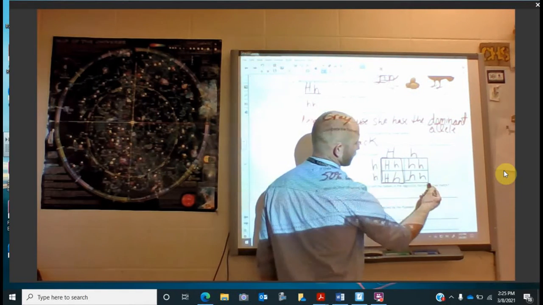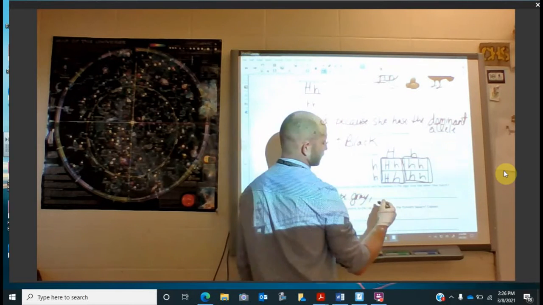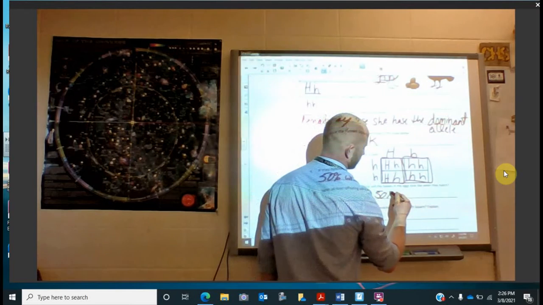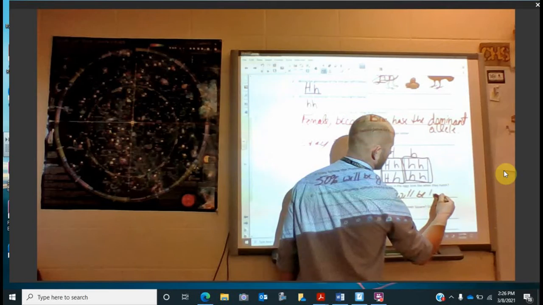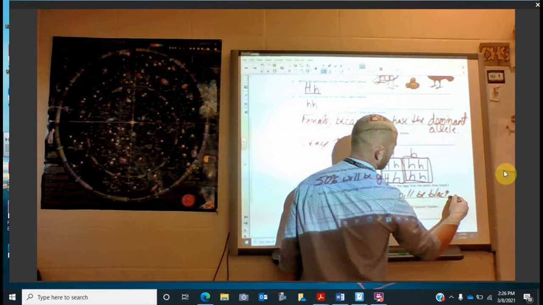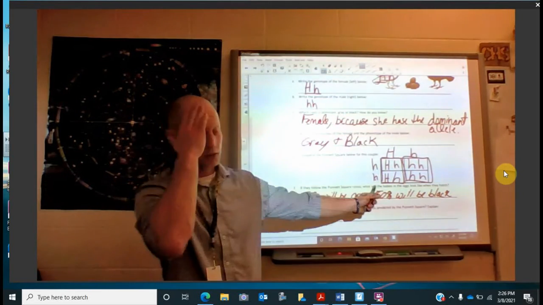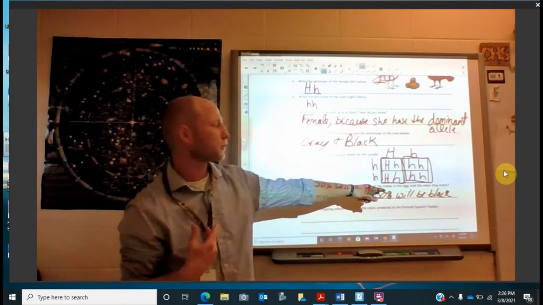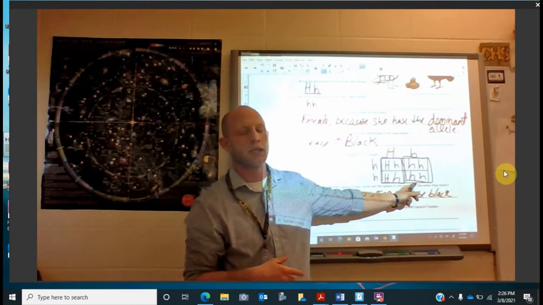And then we have little h for these two, and we know that the recessive is black, so 50% will be black. Okay, and that's if they adhere to the Punnett square, right? Every single time that a baby hatches, there's a 50% probability of it being gray or